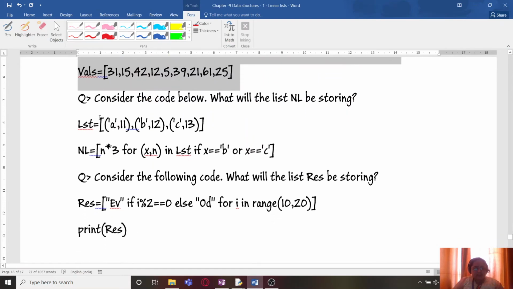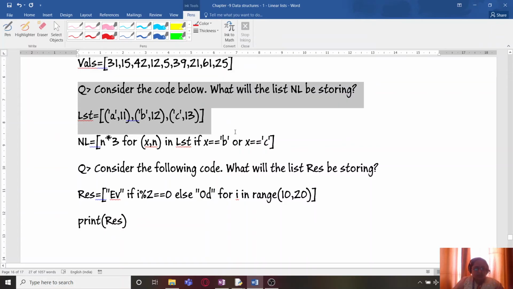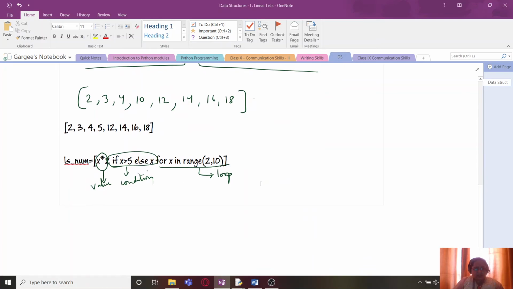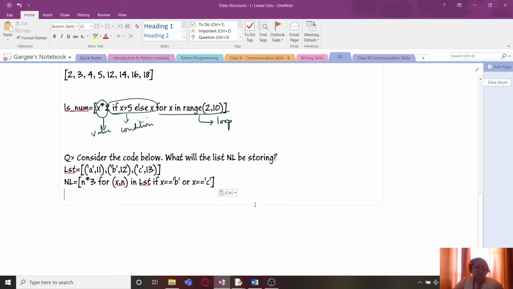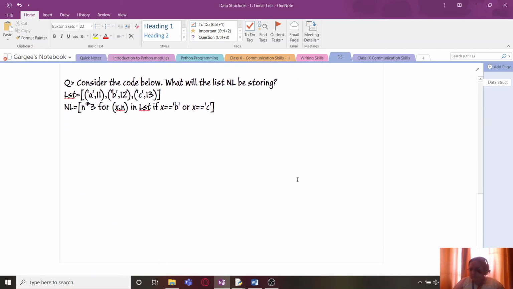Next is, consider the code given below. What will the list NL be storing? So we already have this. Let us analyze this. It's a HOTS question. So the code is given, what will the list NL be storing?